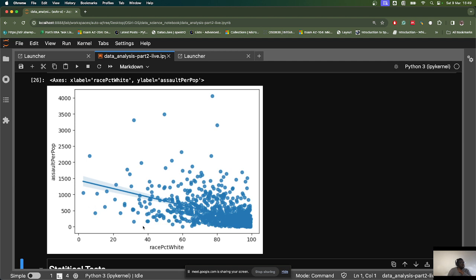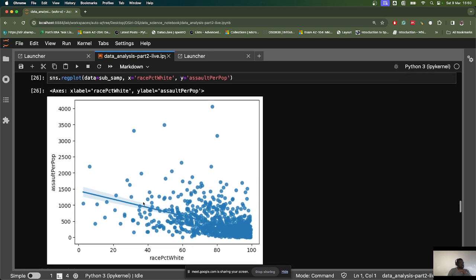And so what it tells you is that the higher the population, the lower the assault rate, and the lower the population, the higher the assault rate. That is what we are getting over here. Of course, there are a few outliers that we can see from the scatter plot as well. But you can see a lot of the data is concentrated around here. And one other thing this scatter plot tells us, if we recall what we learned from